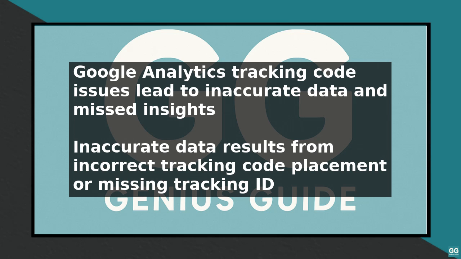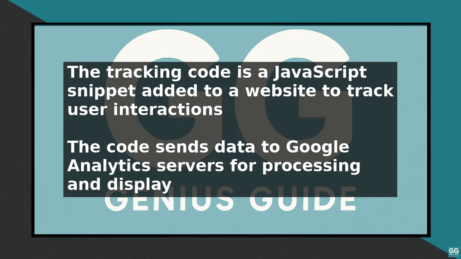Understanding the tracking code. The Google Analytics tracking code is a small snippet of JavaScript code that is added to a website to track user interactions. The code sends data to Google Analytics servers, which then processes and displays the data in the Google Analytics dashboard. To identify issues with the tracking code, it is essential to understand how it works and where it should be